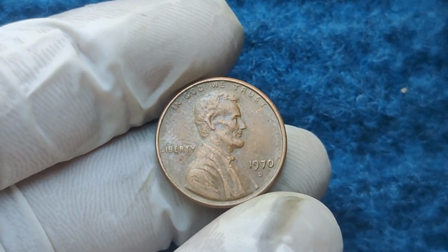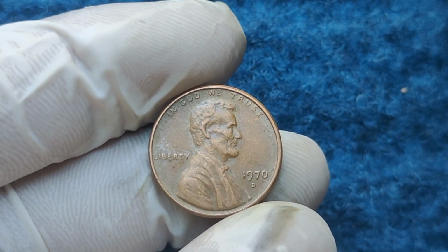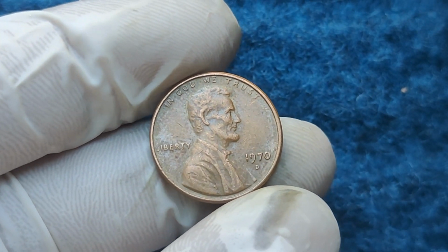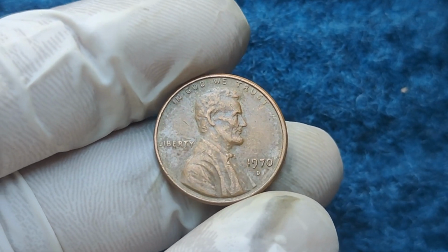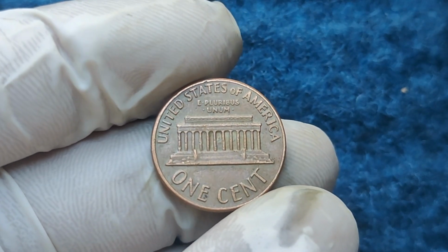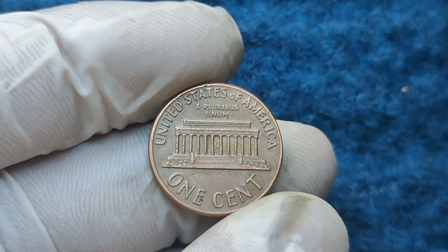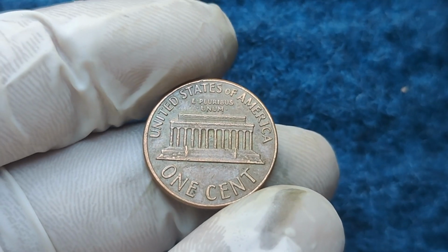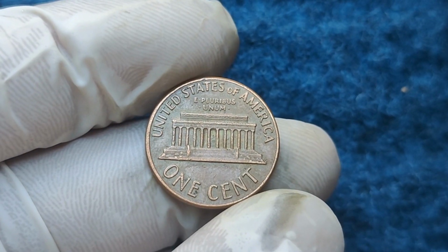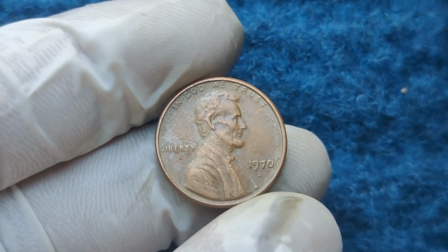Hey there, treasure hunters. Have you ever checked your pocket change and wondered if you were holding a small fortune? What if I told you that a humble penny could be worth $1.6 million? Yeah, you heard that right, a penny. Today, we're diving into the fascinating story of the 1970 D mint mark Abraham Lincoln penny, a coin that's turning heads in the collector's world. Trust me, after this, you'll never look at your spare change the same way again. So, grab your coffee, settle in, and let's uncover the secret to what makes this little penny such a big